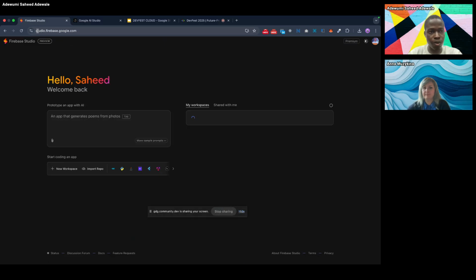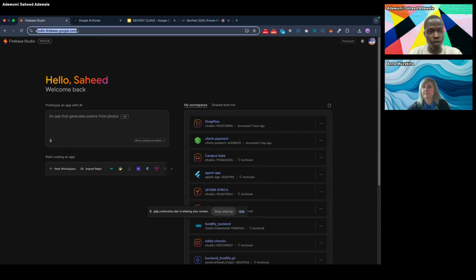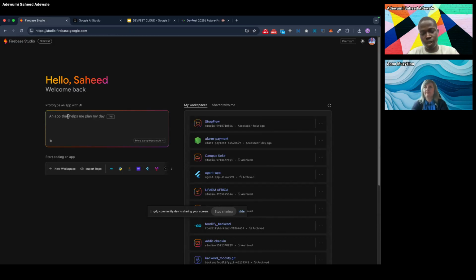This is studio.firebase.google. You are expected to input the type of app you want here, and it can help you improve your prompt. So the prompt is very important. If you get your prompt right, you can design a complex website,